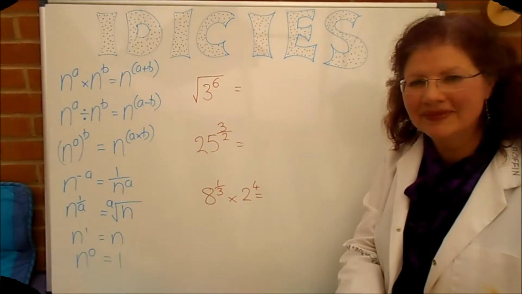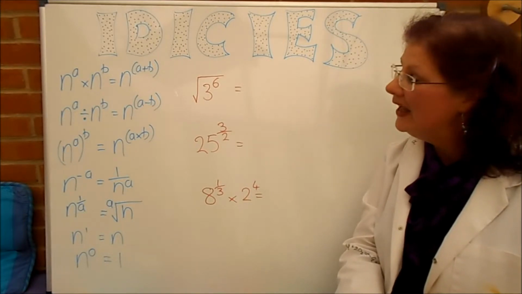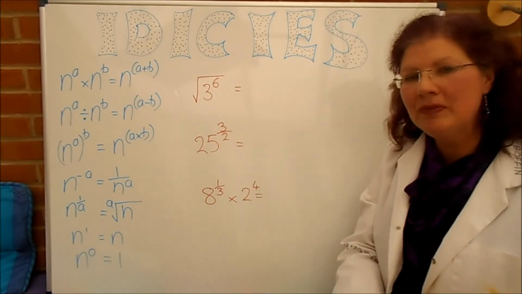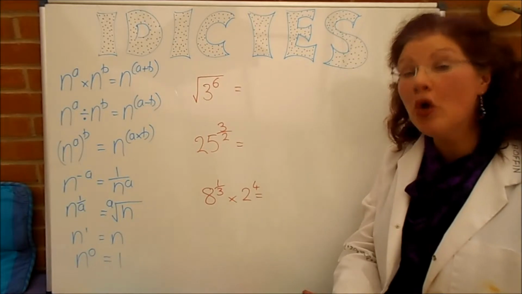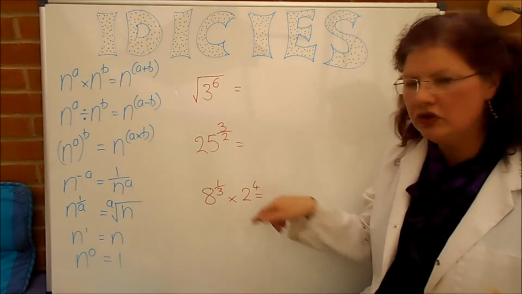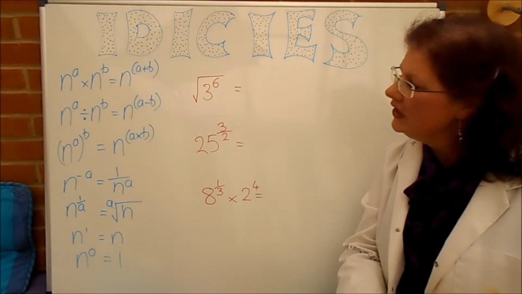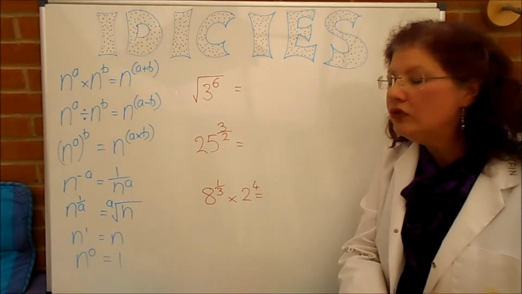Right, here's some fairly terrifying ones for you to have a look at. This one's got a root of something with a power in it. This one's got a top-heavy fraction as its power. Weird. And this one's got two numbers that aren't even the same base. That's bizarre. What I'm going to do, I think, given that you are a higher level student if you're watching this,